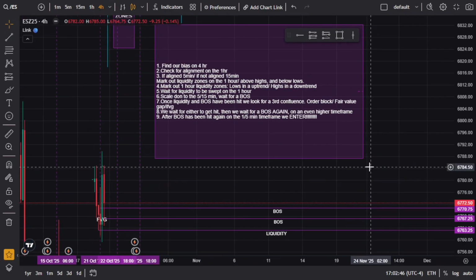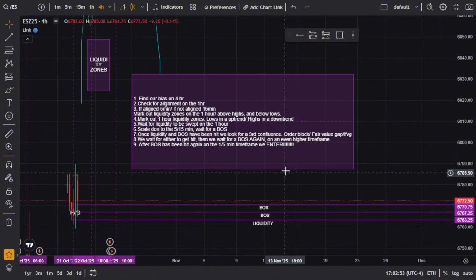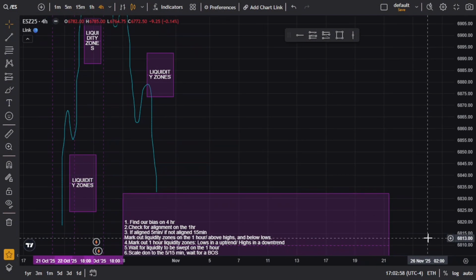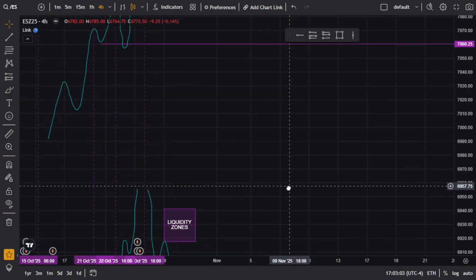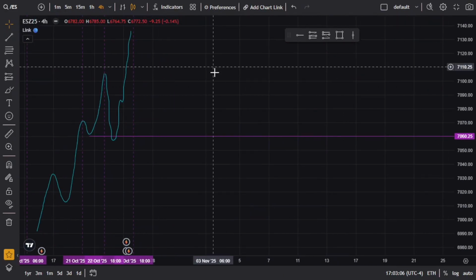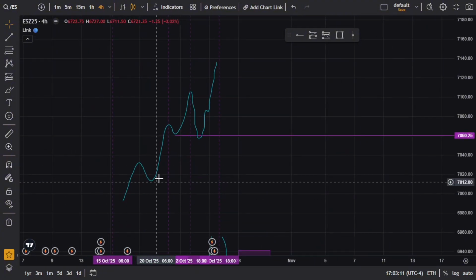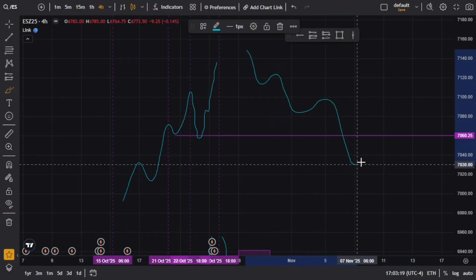But yeah, let's get into step 1 of my strategy, or what I do when I first look at the charts. 10 out of 10 times, I'll always check the bias for the day. What is the bias? Our up and down trend. So here, let's go up here. I drew some stuff out for you guys so you can see. I'm more of a visual learner, so I'm sure you guys are too. So this is the trend. This is our uptrend, and this would be our downtrend, just like this, right?